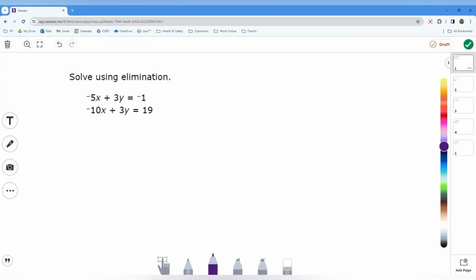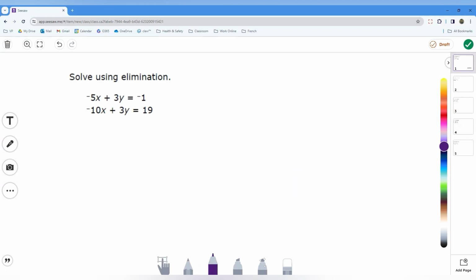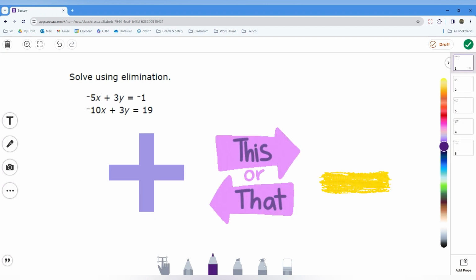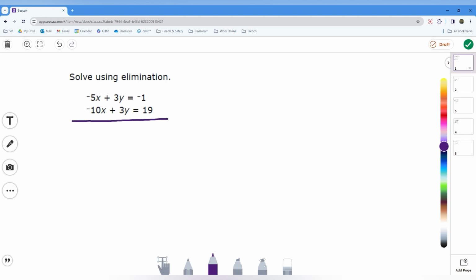All right, in this episode, we are going to look at solving a system of equations using elimination. To do so, I would have two equations. I want to ensure that they are lined up according to their variables, as well as any constant. I am then going to add or subtract these depending on what is going to make one of these variables